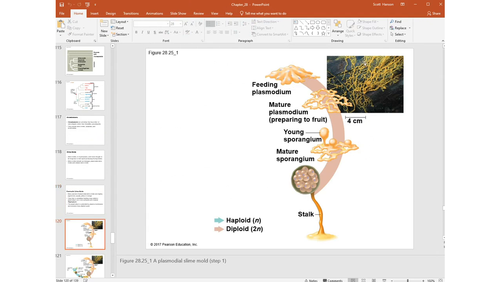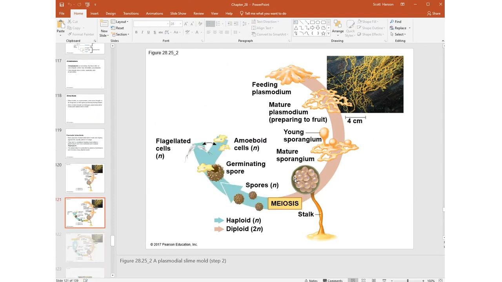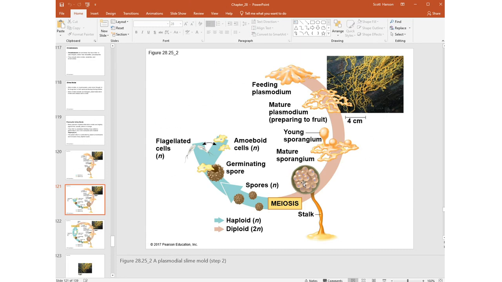And so look at this, kind of attractive pigments on some of these slime molds. So here's the feeding plasmodium and the mature plasmodium that's preparing the fruit, and then it produces a fruiting body. They call it a sporangium. And when these fruiting bodies are mature, it's a stalk with a lot of spores in it, and you can see that these spores go through meiosis, and then they're basically released as mature spores, but they're haploid,